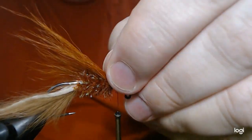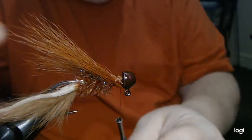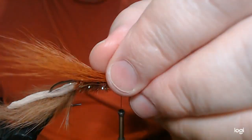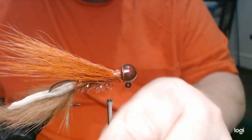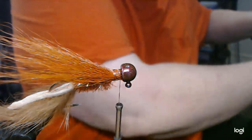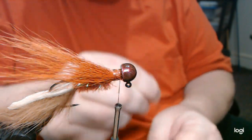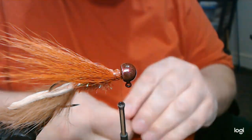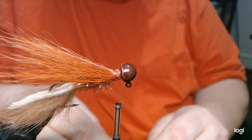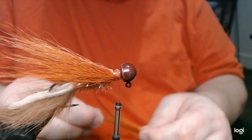You should be able to work this along the bottom nice and slow, but also a slow swim. And with bucktail, you don't want to tie a big clump in and try to work it all the way around. I've done that trying to save time. I find it works much better to just tie it in clumps, layers, if you will. Just cut yourself a few clumps as you're going. Since we're on camera here and I'm trying to show this to you in a timely fashion, so you're not sitting there for half an hour,